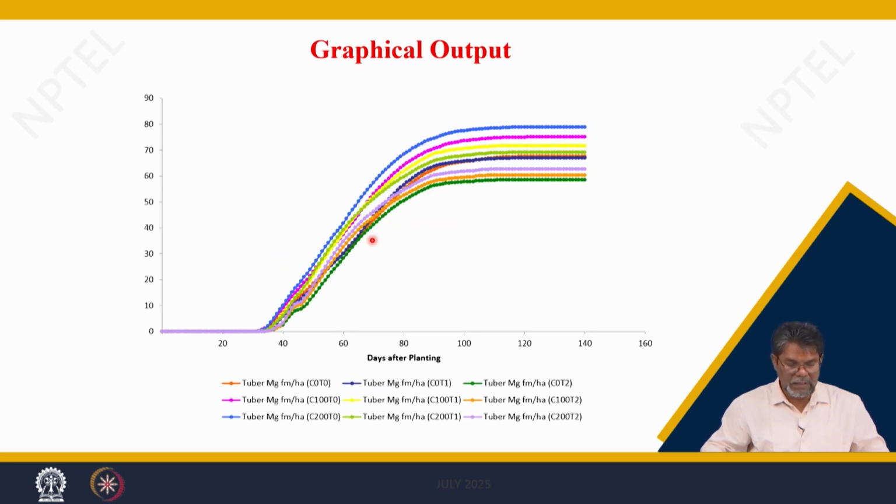You see the grain weight, which for the potato you can say is the tuber fresh weight, megagram per hectare. You can see the lowest tuber weight we get is from C0 with the temperature increased by 2 degrees Celsius. With the rising temperature and no CO2 rise, there is a significant reduction in the potato tuber yield. You can see the highest tuber yield is with the carbon dioxide 200 ppm rise and ambient temperature, 0 degree Celsius, where you have got the highest potato tuber yield.